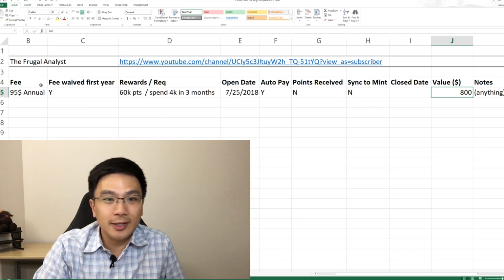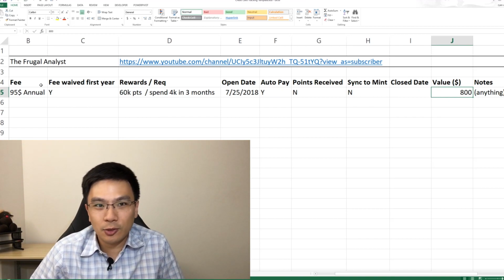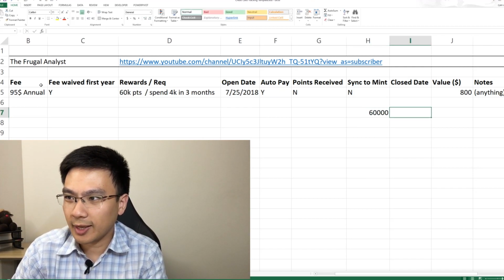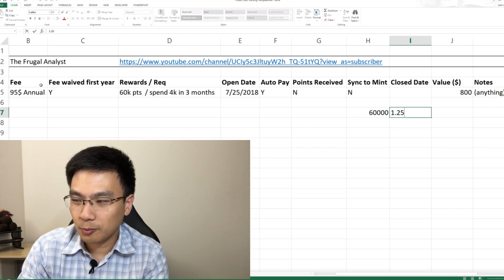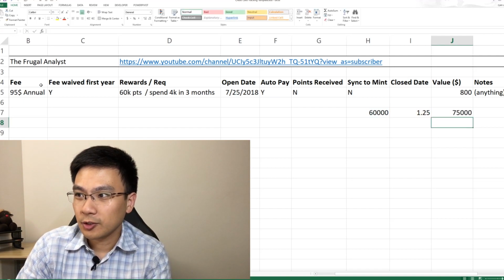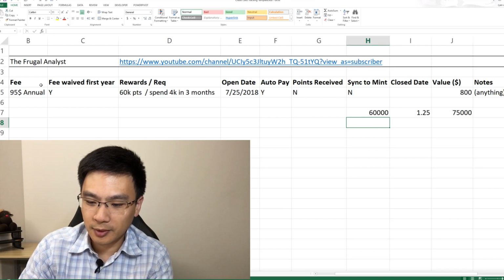The next field is the value. So the value for the Citi Thank You is $800. Let me go through the math real quick. You have 60,000 points, and each point is worth 1.25 cents. So just from the points alone, you're getting around $750, and you're going to spend